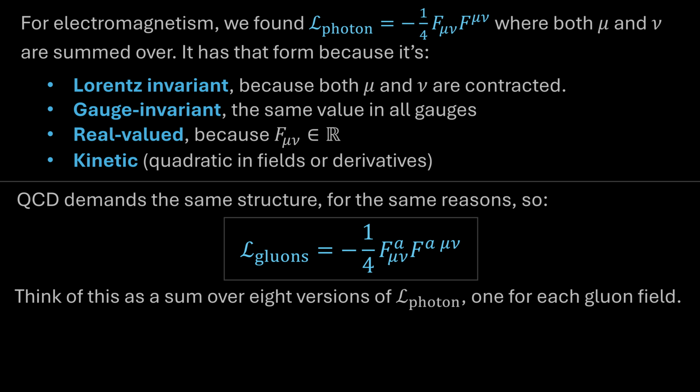So we have 8 F mu nus all added up, one for each value of A. And now one question that comes up is, hey, are we sure that this is a legit move? Are we sure that we don't have to account for any kind of special differences regarding the non-abelian nature of SU3 relative to the abelian nature of U1?